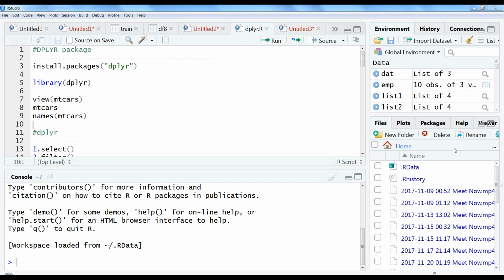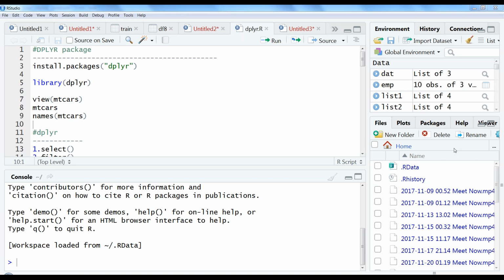One is data exploration. Second one is visualization and presentation. Out of these two, my dplyr package will be useful in the data exploration part. Okay, fine. So we are going to discuss that in detail.